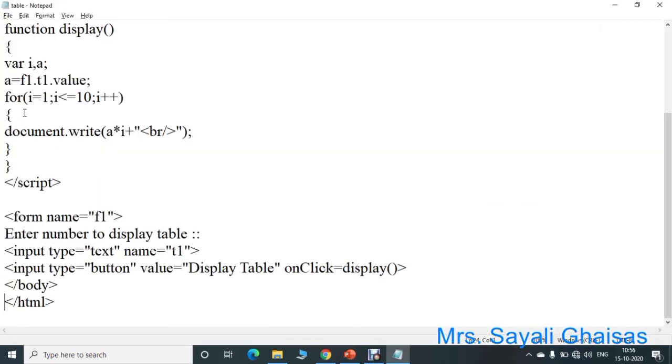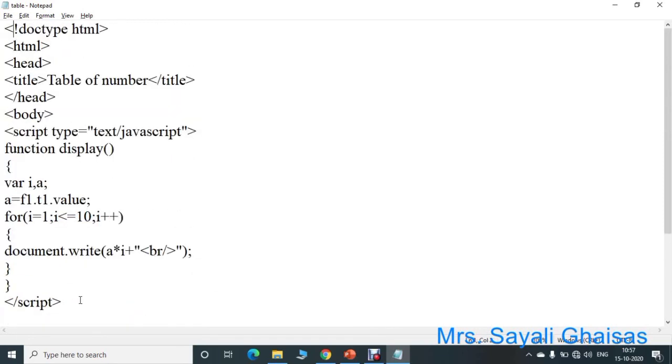Here instead of a for loop you can also use a while loop. What changes will be there? Here i is equal to 1, you have to specify i is equal to 1. The while loop will only contain this condition. This statement will be in the while loop, and i plus plus will be at this point, that is after the statement there will be the i plus plus statement. So note down this program, execute it, and also try to write the same program using a while loop.